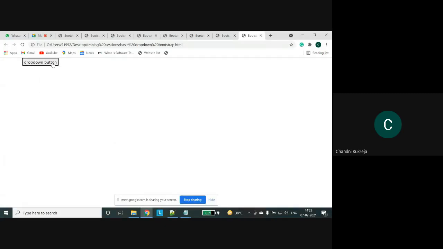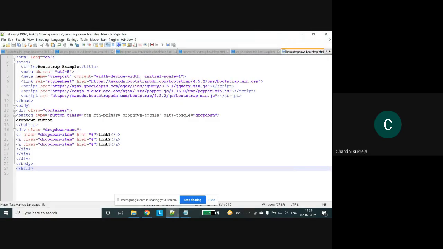It creates a dropdown like link 1, link 2, and link 3. In this code we add the CDN link, then we create div class equals container, and then